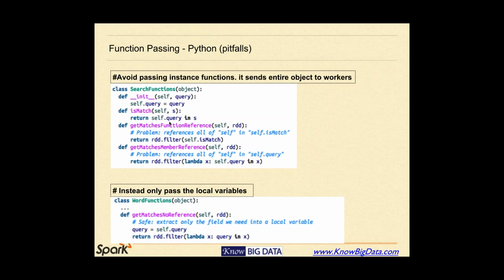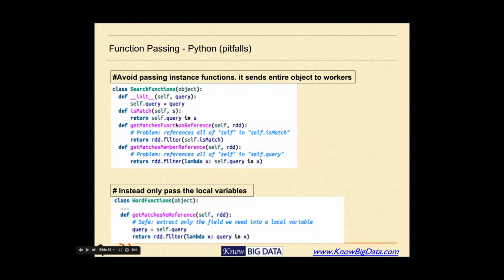So if we try to use one of these functions together with an RDD, what would happen is it will start sending the whole object to Spark. And if your object is really huge, then the transport of the object might become a very big bottleneck. And this happens all the time. We start sending the